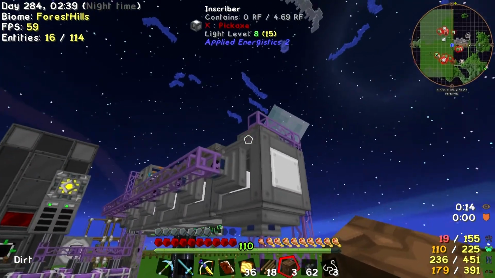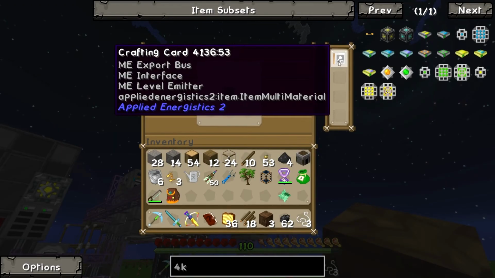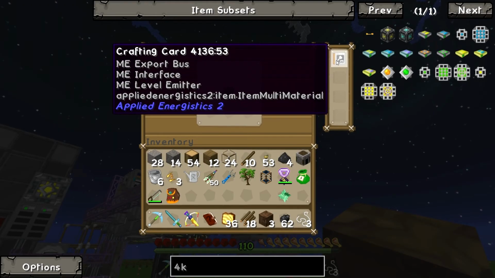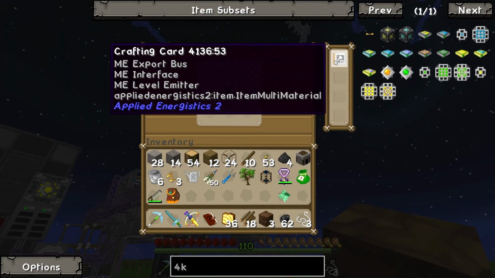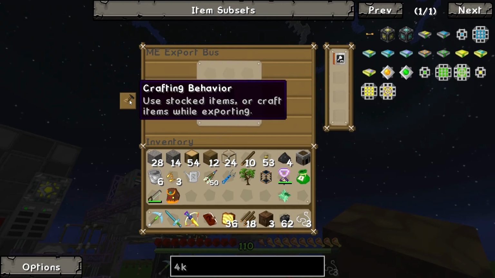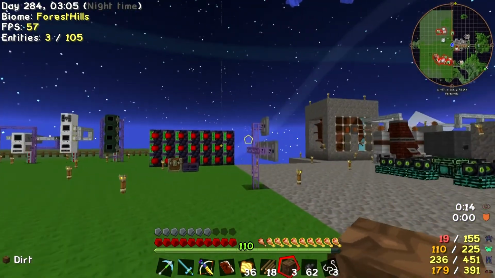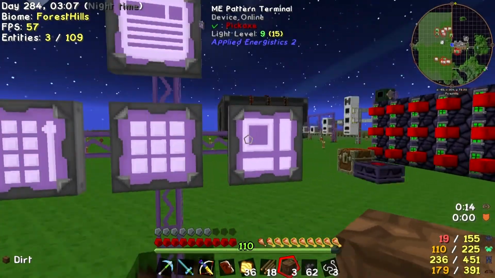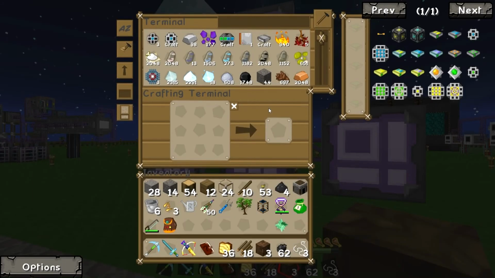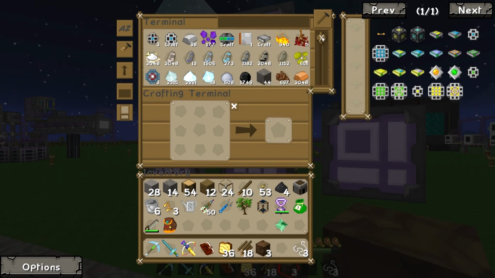So that bus at the top there, it's got the crafting card. So it should craft items while exporting, yeah. So why ain't it doing that, son? I don't get why it's not working properly, that one. But we should now be able to just go to...